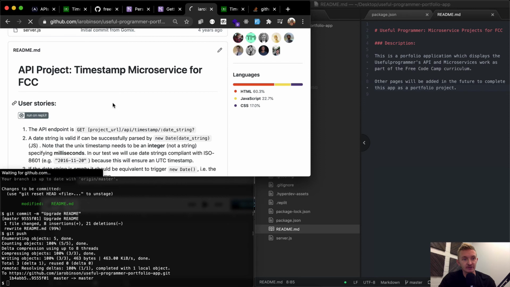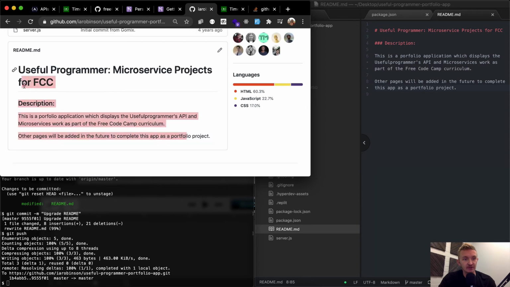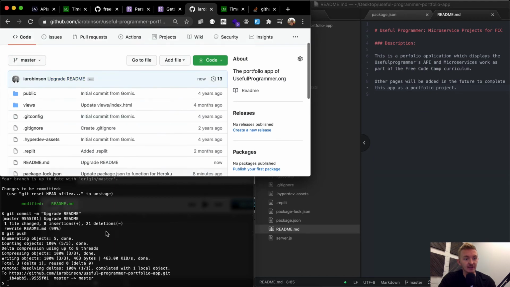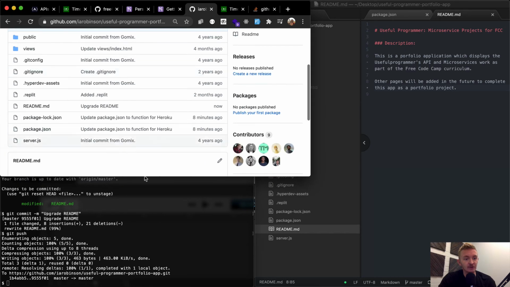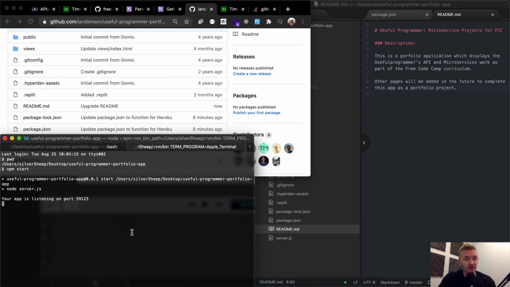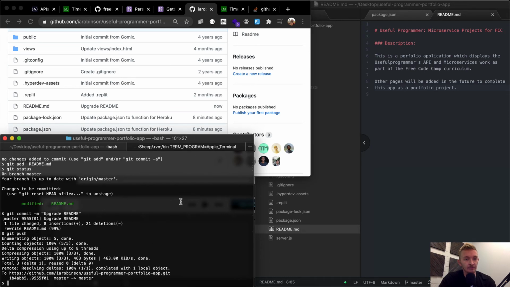And if we refresh this page, you can see that we've updated our useful program microservice projects for freeCodeCamp. This will need more work in the future, but this just shows you that you can adjust that using your Git repository here, which is great news. And then if you see over here, we've got our local app running here. And so if we say git push Heroku master,